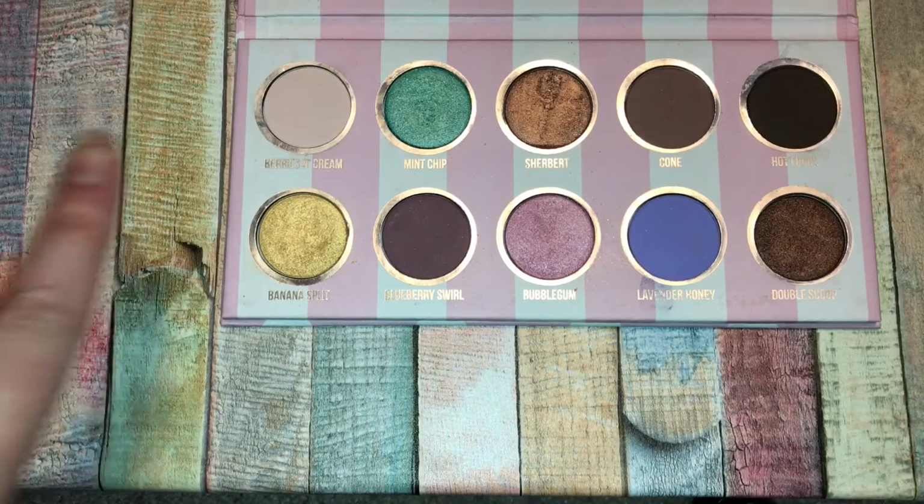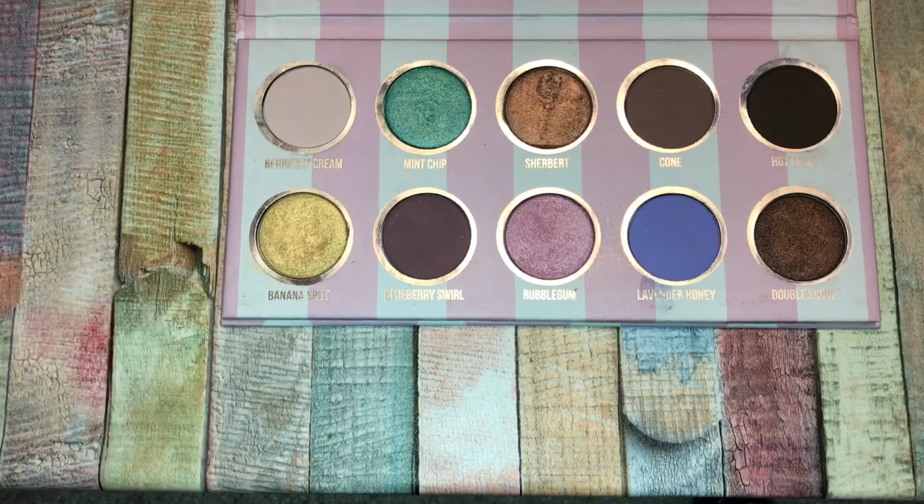Mint chip, this green color. Oh my gosh, that's like everything. But I used basically all the colors. I love it. Even though they said it was the last time, they must have bought a lot of stock